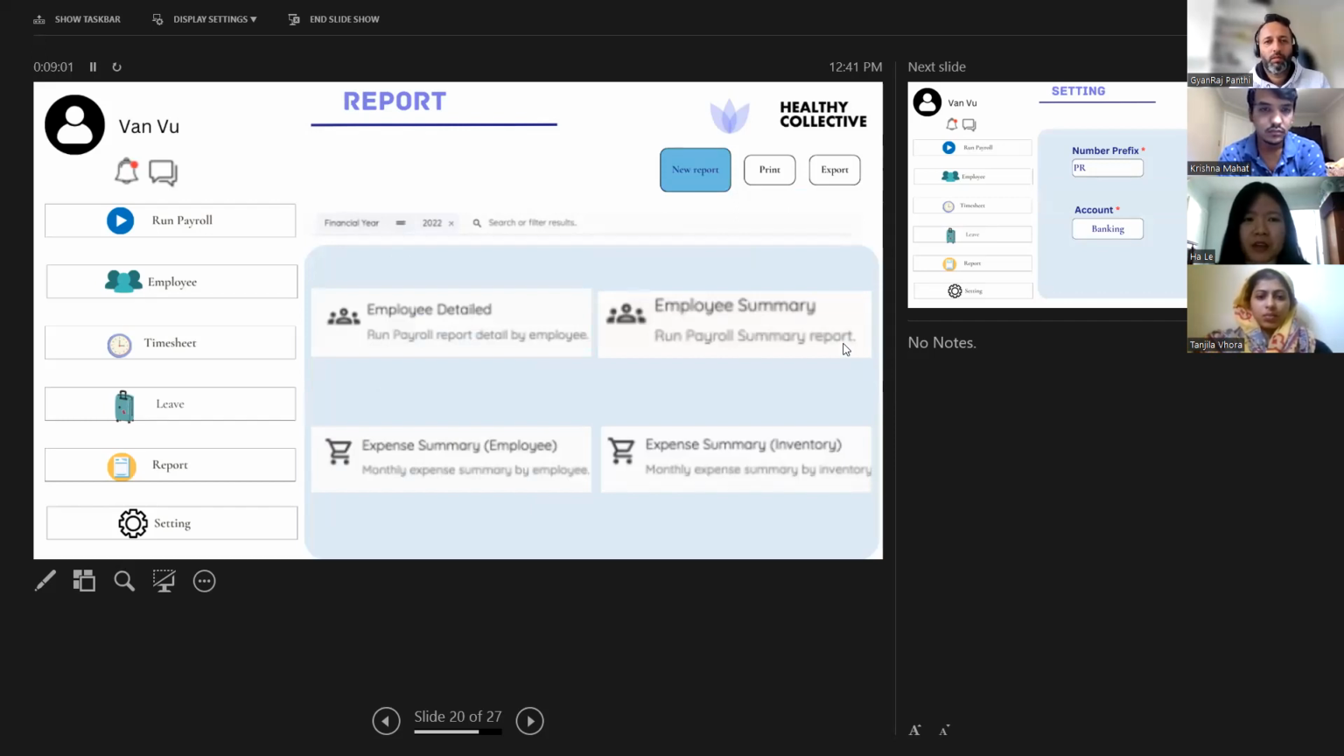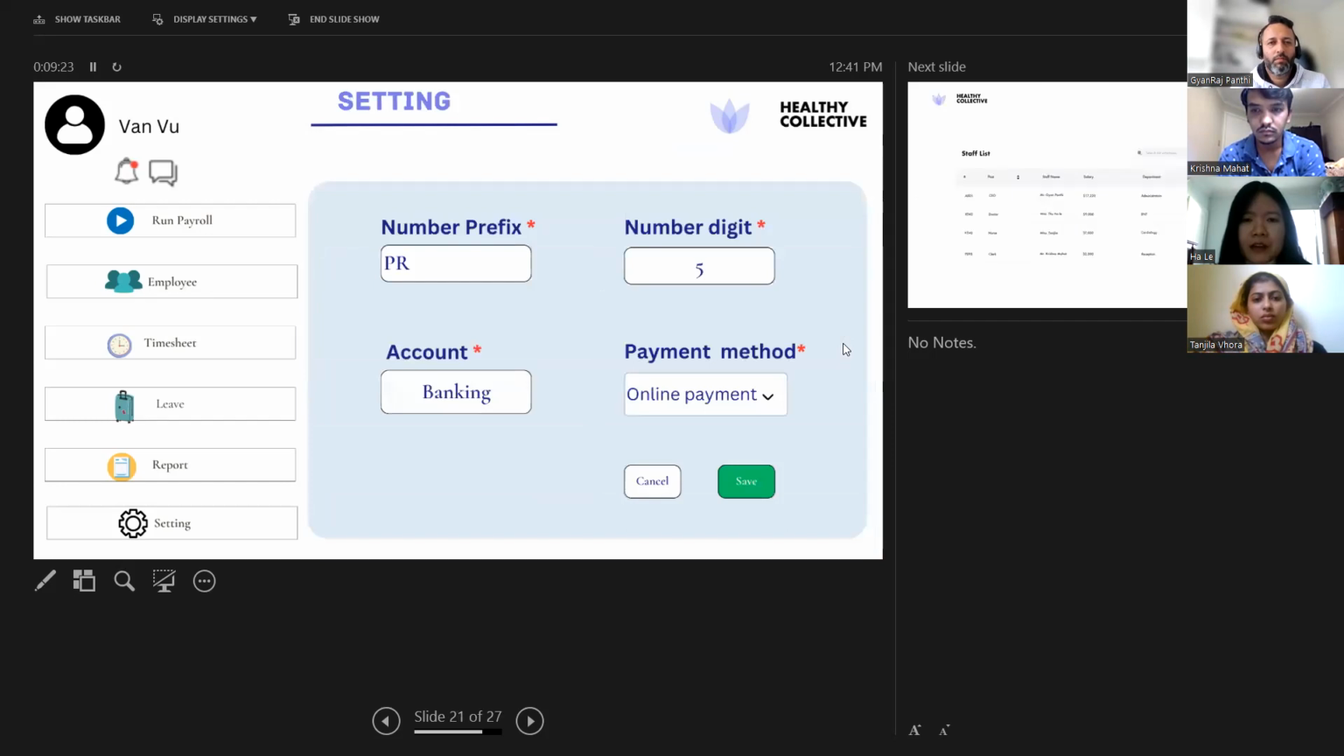And about the report, there are 3 buttons at the top right: new report, print, and export. With the new report, you can create a new one, including the employee detail, employee summary, expense summary, and also expense summary for the inventory. And those reports, of course, you can print or export to the